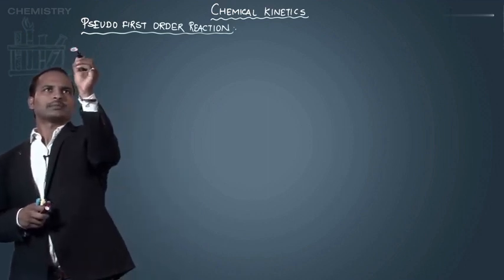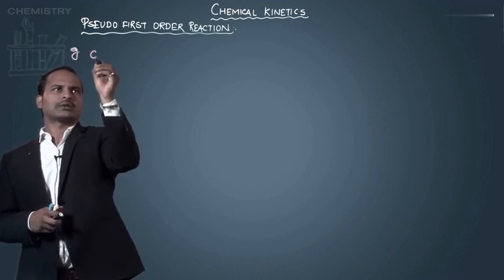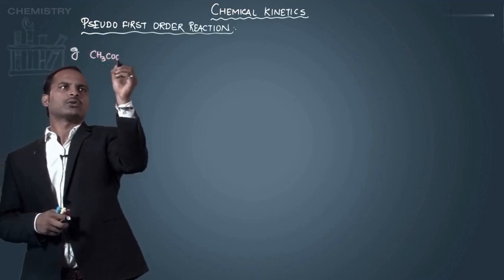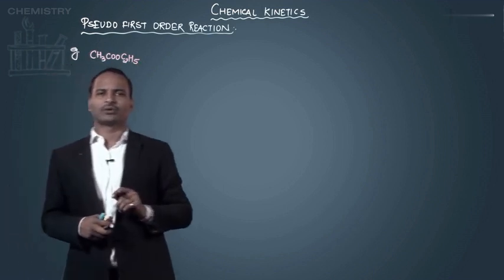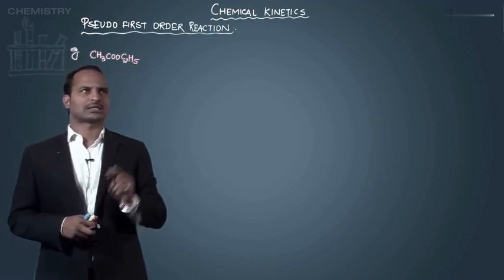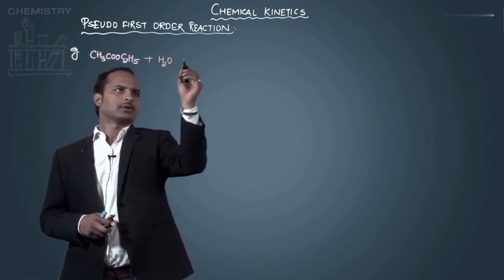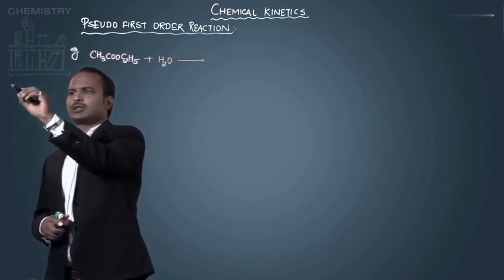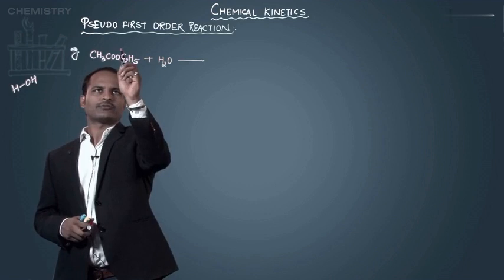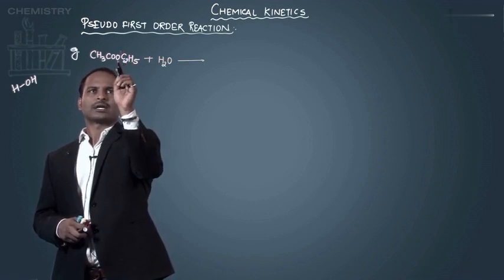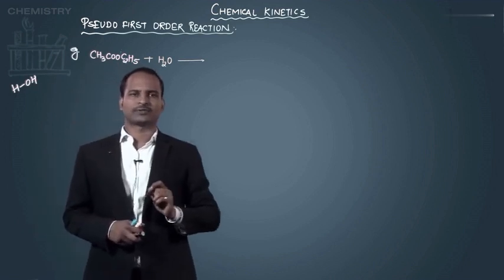So example here, the hydrolysis of ester, that is I'm taking CH3COOC2H5. This is called ethyl acetate. When it undergoes hydrolysis, means when it is added into water, the water is nothing but HOH. So during the reaction, the bond breaks, so that H is attached to CH3COO and that OH is attached to C2H5. So finally we get